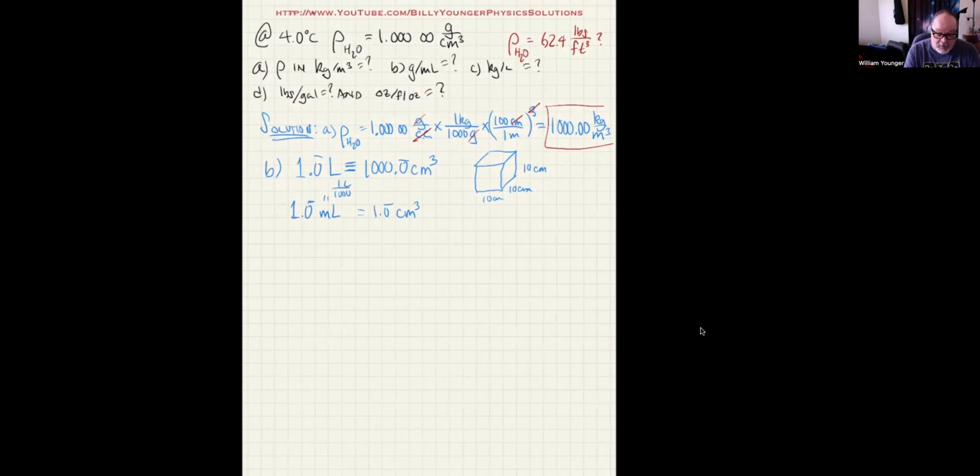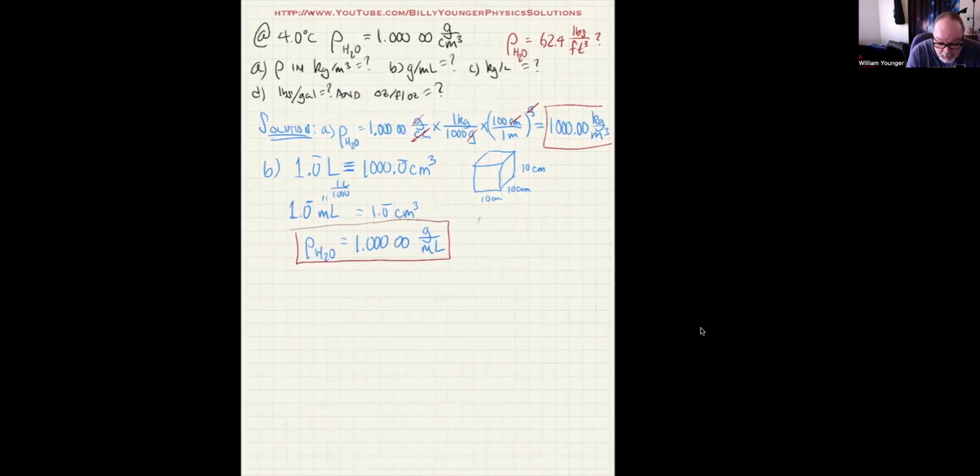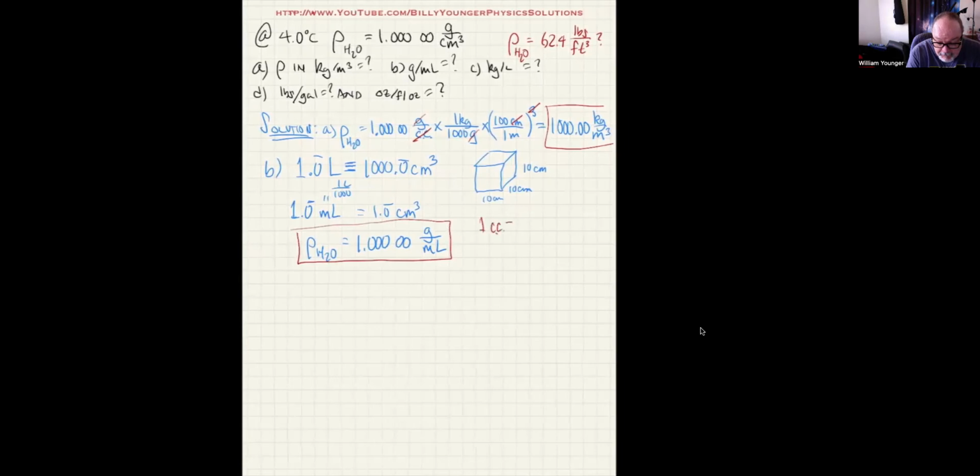So in fact, what I now have is that 1 milliliter is the same thing as a cubic centimeter. So I can now say that the density of water is also equal to, instead of 1 gram per cubic centimeter, it's also equal to 1 gram per milliliter. And in doing so, we've just discovered that the cubic centimeter is equal to the milliliter,